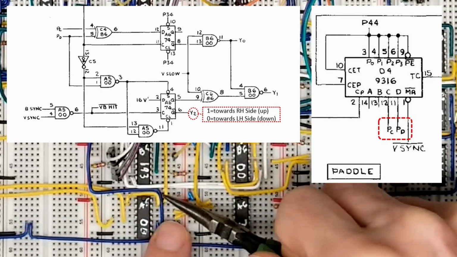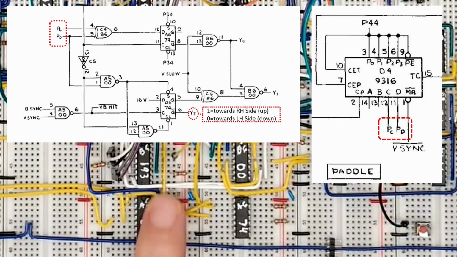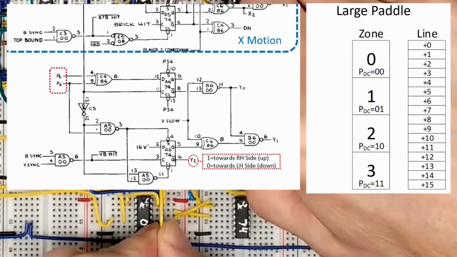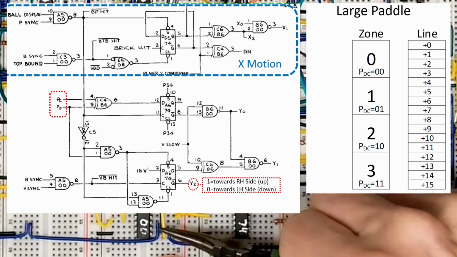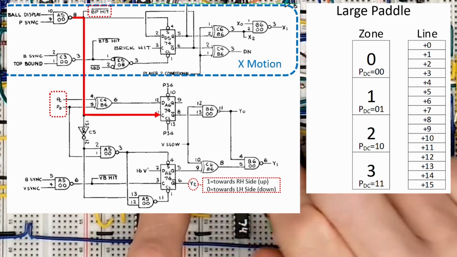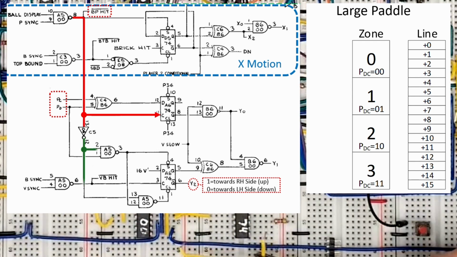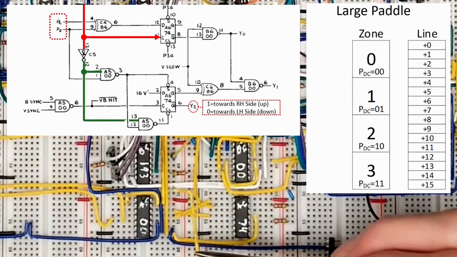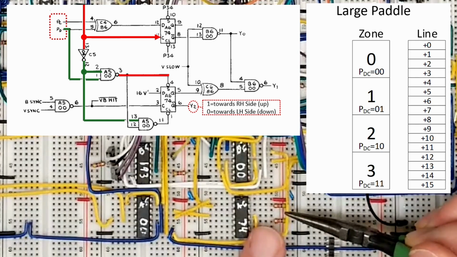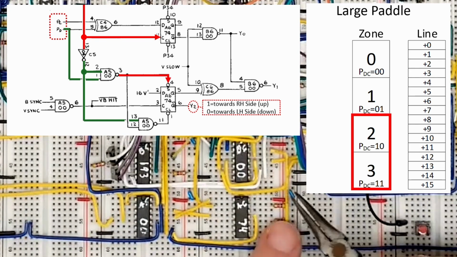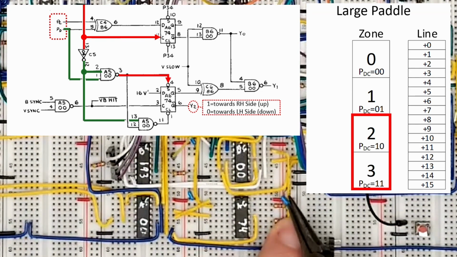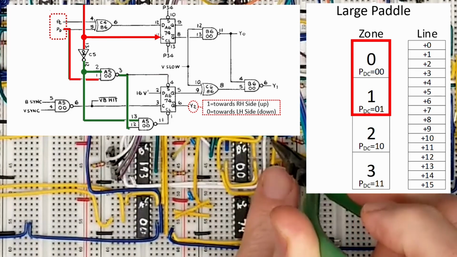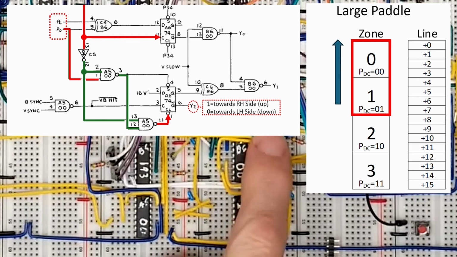In part 7 we showed how the PC and PD lines are generated by the paddle size counter and also showed this reflection chart. You can see the top latch is clocked from a ball paddle hit, and that the bottom latch set and reset lines are affected by a hit. If we look at the bottom first, the PD line is on when the ball hits the bottom half of the paddle, so the latch gets set and the ball will travel downward. And if the ball hits the top of the paddle, the latch is reset and the ball travels upward.